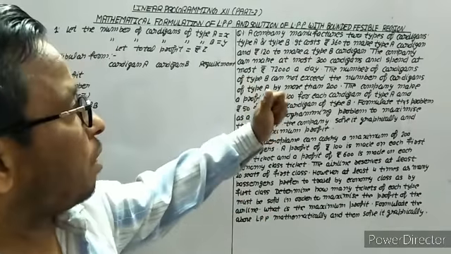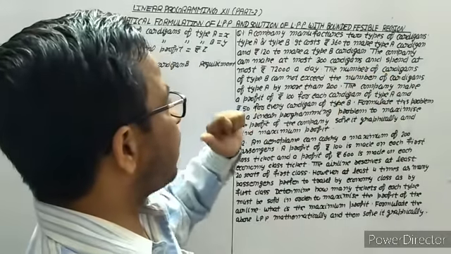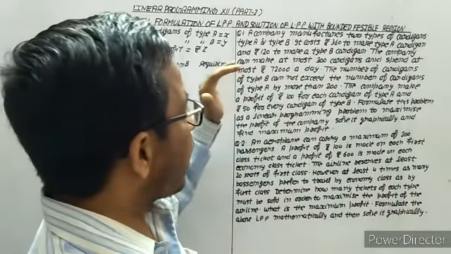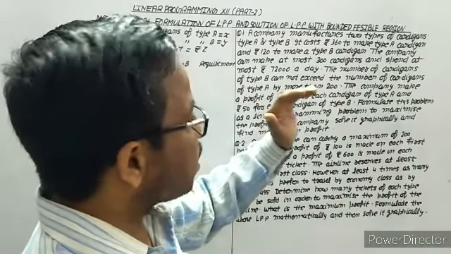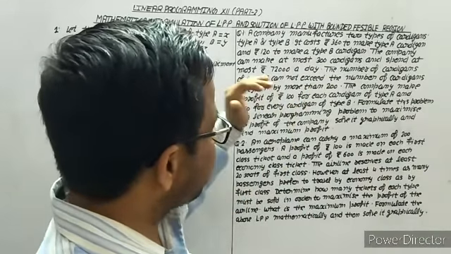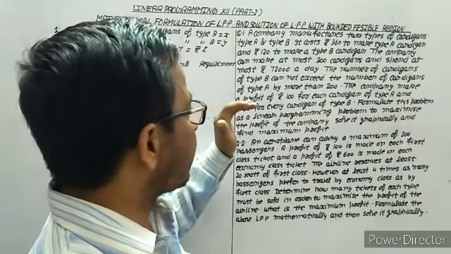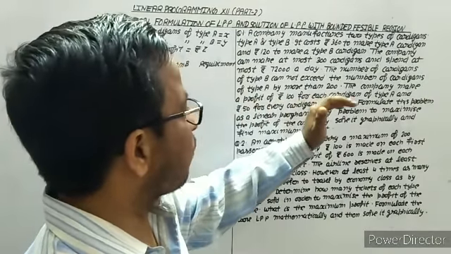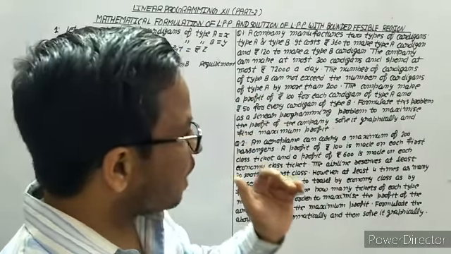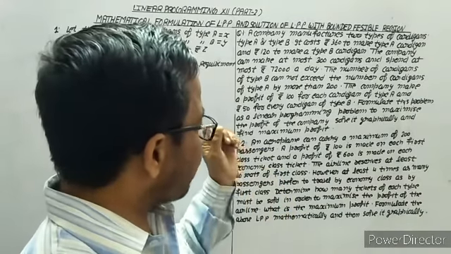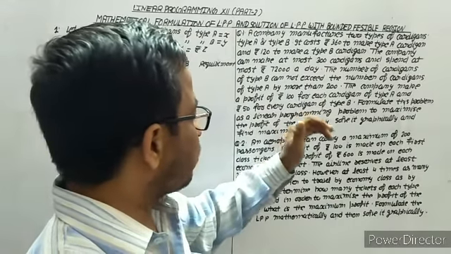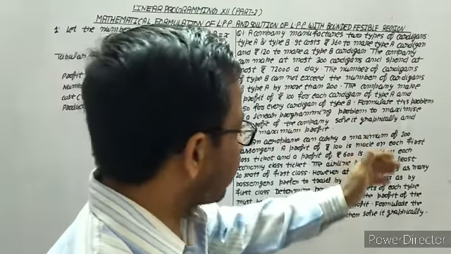In question number 1, a company manufactures two types of cardigans, type A and type B. It costs rupees 360 to make a type A cardigan and rupees 120 to make a type B cardigan. The company can make at most 300 cardigans and spend at most rupees 72,000 a day. The number of cardigans of type B cannot exceed the number of cardigans of type A by more than 200. The company makes a profit of rupees 100 for each cardigan of type A and rupees 50 for each cardigan of type B. Formulate this as a linear programming problem to maximize the profit of the company, solve it graphically